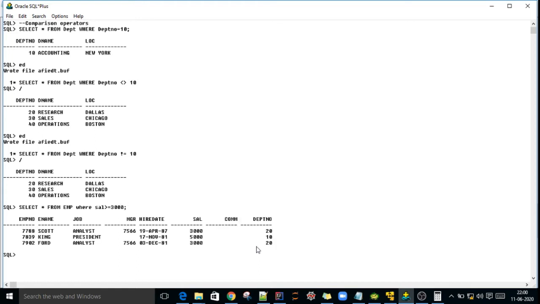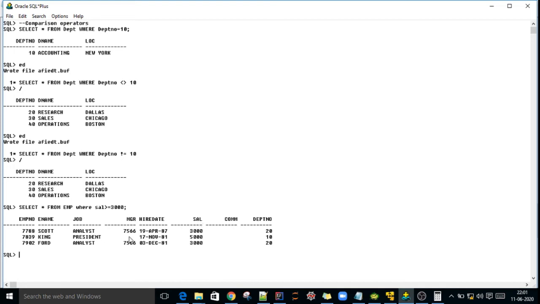I want to fetch the employee information from the employee table where the condition is salary column greater than 3000 rupees.